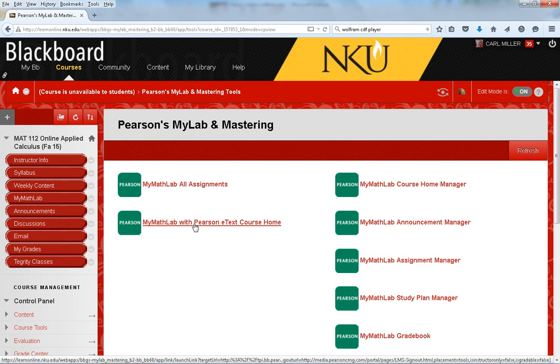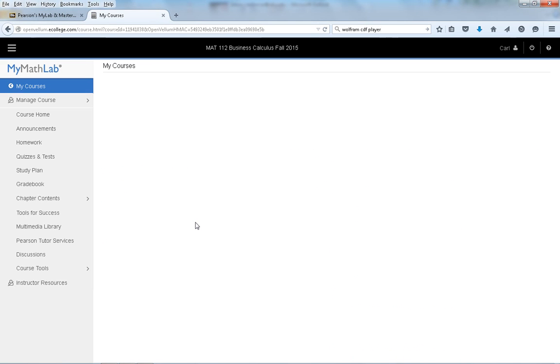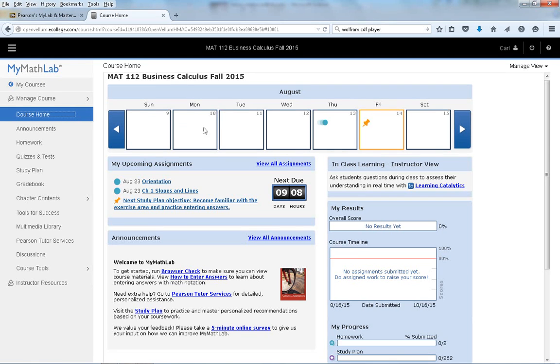Now, what MyMathLab is going to have is your textbook in an electronic format for one, and you're also going to do homework assignments in the MyMathLab system. I will probably also use components of this to actually do lectures and stuff in video format. But the course home will take you to sort of this layout,